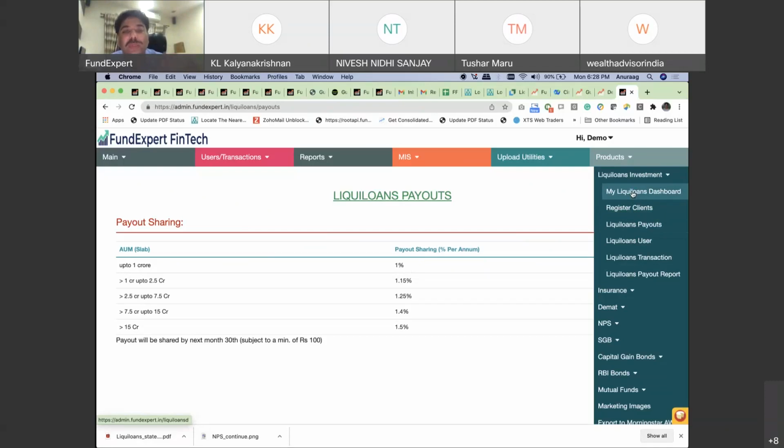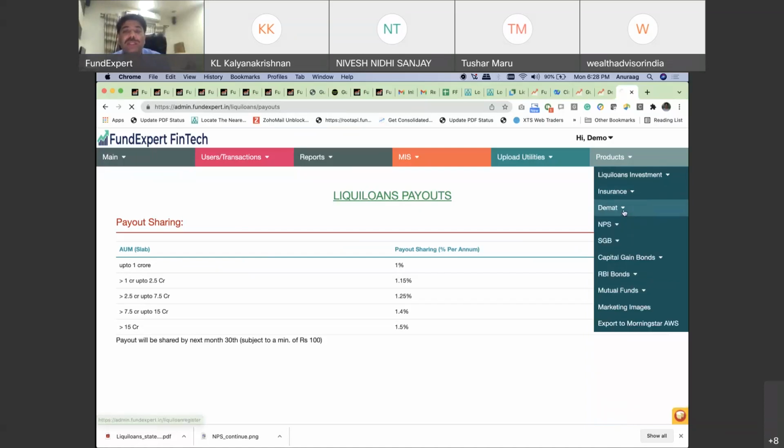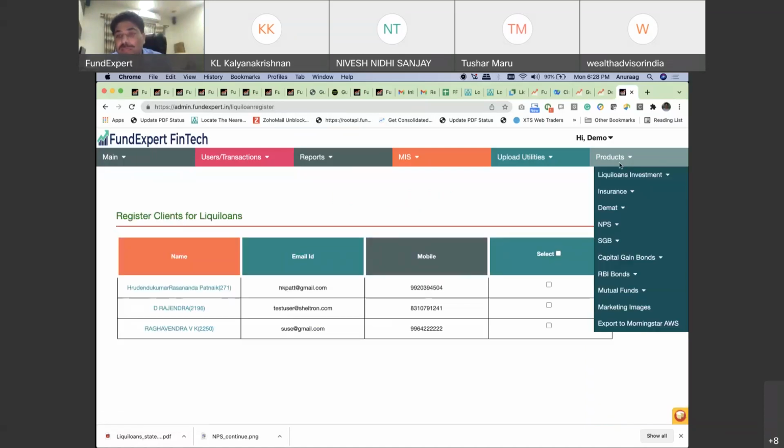So once you have put in so much effort to explain to a customer, tomorrow for whatever reason if he leaves you and goes direct to liquid loans, he has to go through you, his investments will always count for you, and there is no change of ARN, there's no transfer here, he can't do anything. You have locked him. So it's very important and essential, and we want all of you to take advantage of this. Register all your clients as early as possible in liquid loans.